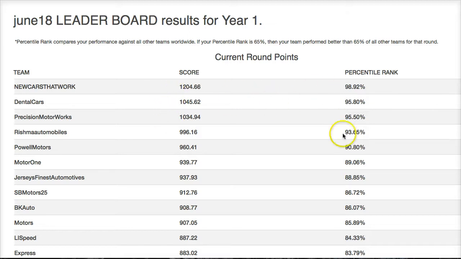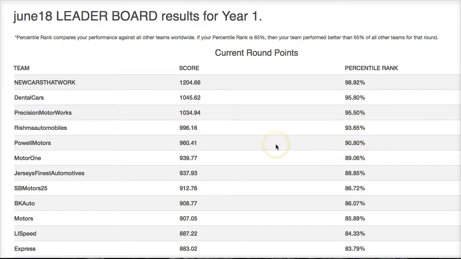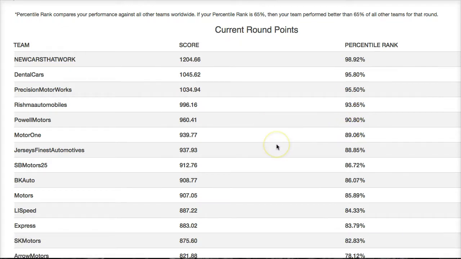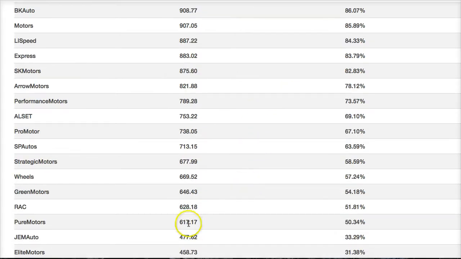And we had a number of teams at 90%. We had, let's see, about 5 teams above 90%, so excellent scores. In the first round, it's easy to score high because you're coming off an inept, terrible management in year zero that was fired. So usually in round one people score pretty well, and if you scored over 500 points or even over 600 points in round one, which most teams did, you did fine.